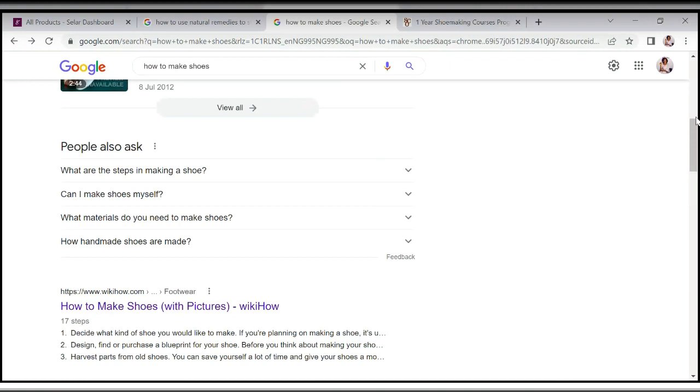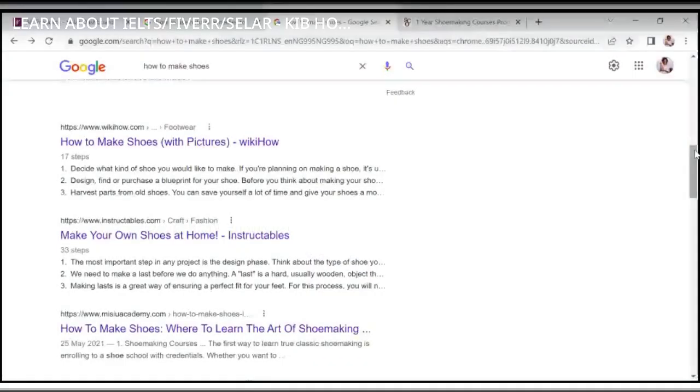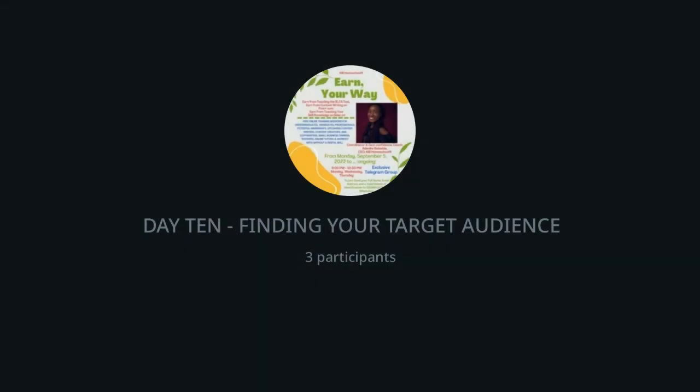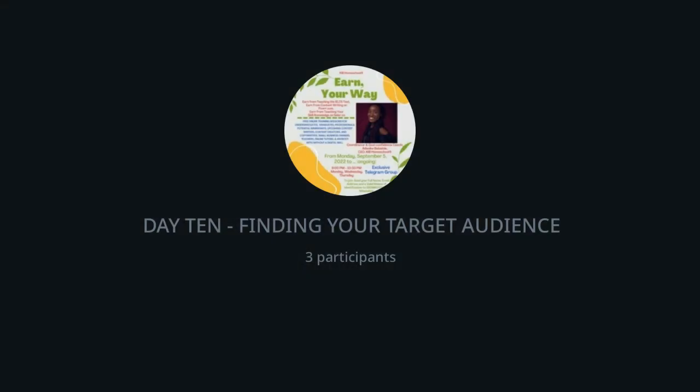Okay, look at this wiki. And I like to say, there are people that want free, but there are people that want premium. Adebukola, are you taking notes? These things that you are seeing on Google page 1, they are keywords. They are the things you need to create anything. Remember, we are talking about your audience.